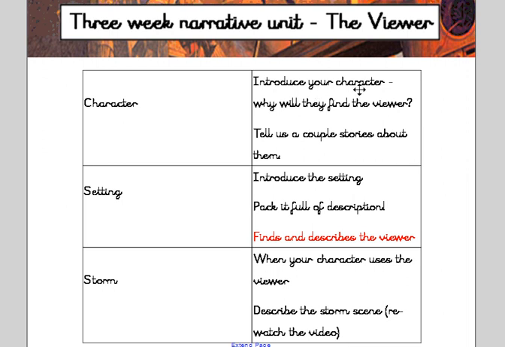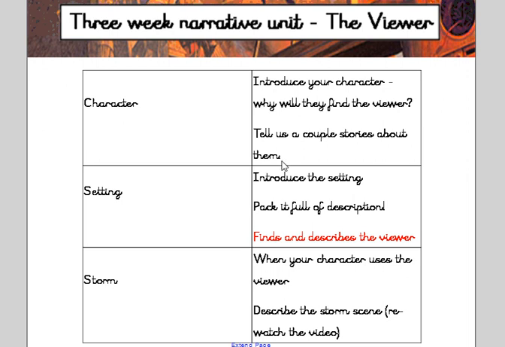You've got a lot of this writing. It's about taking that today, refining it, editing it, and then putting it together so we get one long story, all written as one today in your draft, so that we can have a look at it and then improve it before we write our final outcome. So introduce it, why will they find the viewer, and then tell us a couple of stories about them, a couple of those sticky situations. A couple of you shared yours yesterday. Taisy's nearly burnt her hair, Bartucci's ripped a valuable painting.